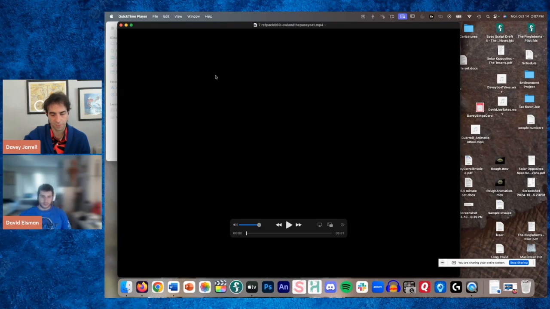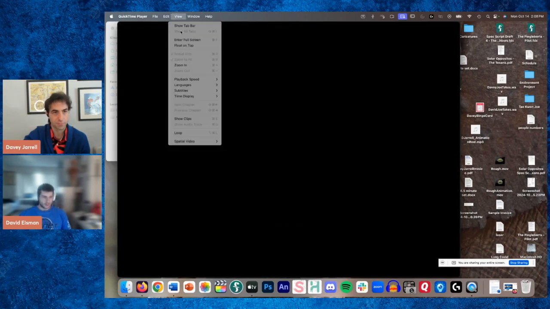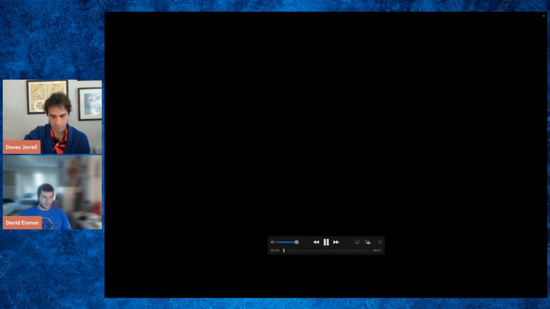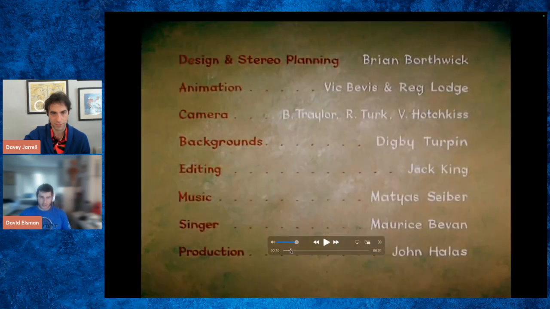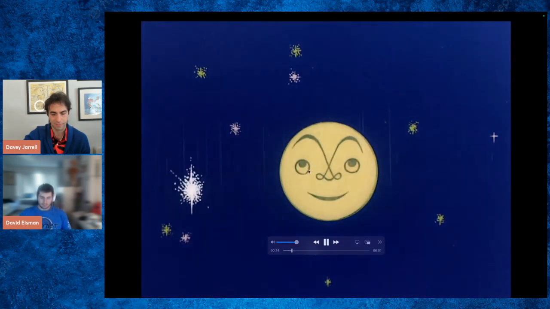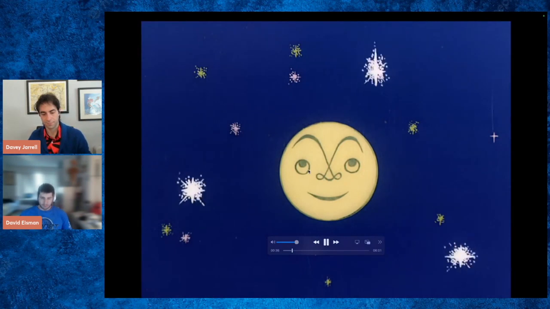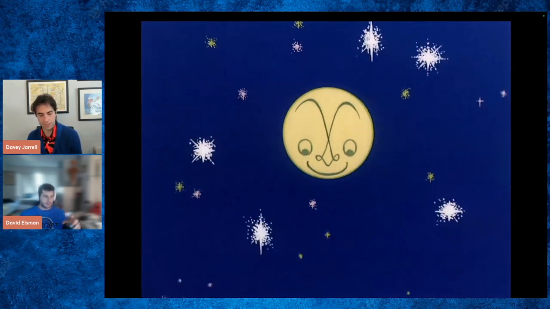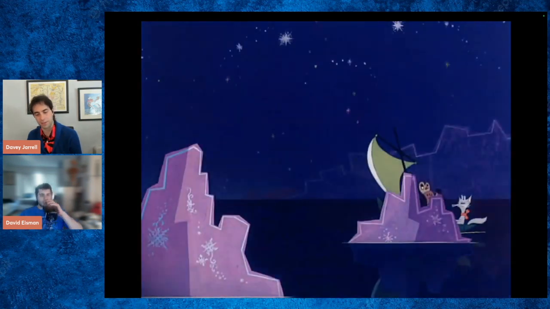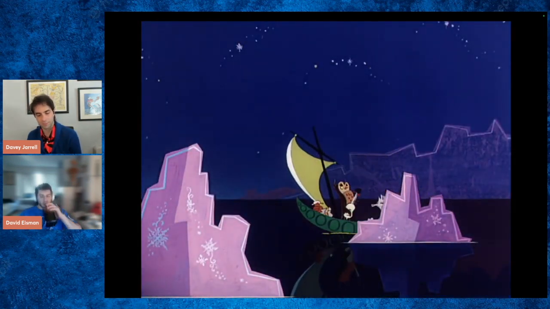from 1952. This is produced at Halas and Batchelor Studios in England. I love their stuff. So this is one of the earliest animated films intended to be screened in stereoscopic 3D.